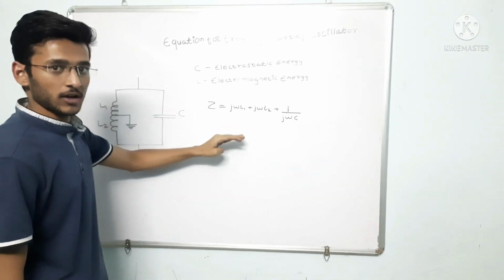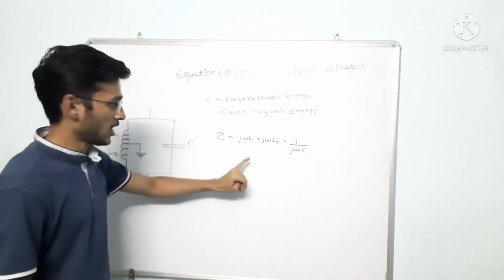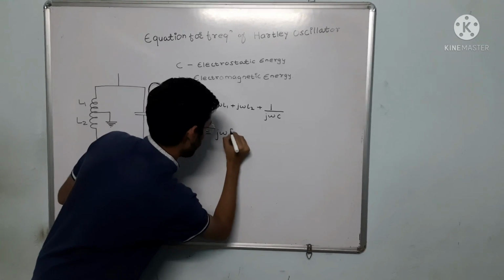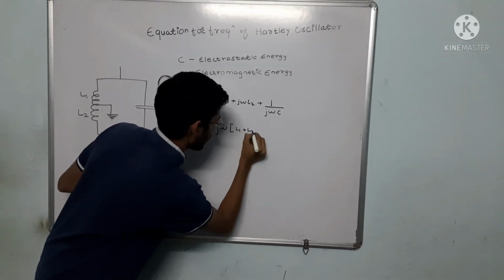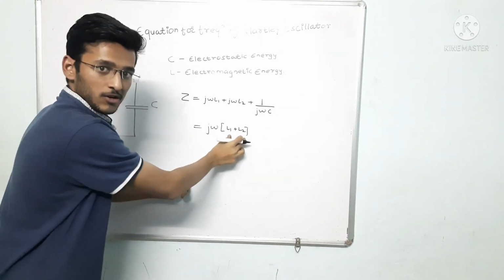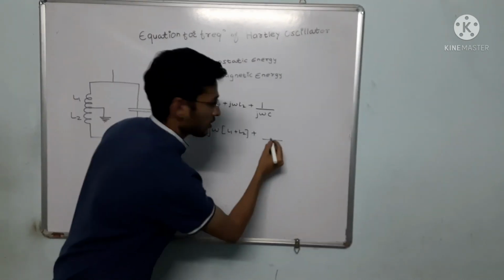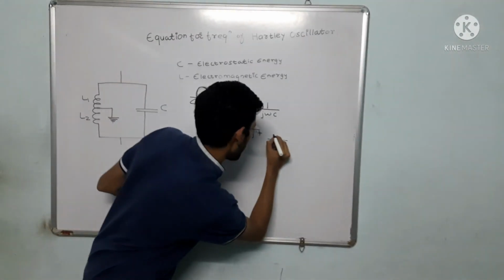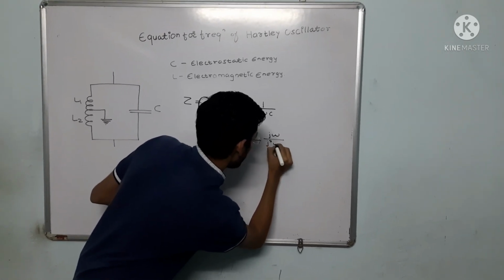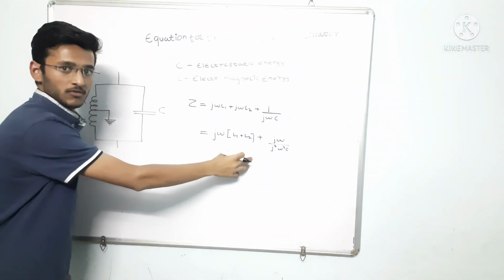Now we are going to derive the equation of frequency from this equation of total impedance. Let me keep the term of j omega and L1 plus L2. As j omega is common, I have taken it common and in the bracket L1 plus L2. Now as I want 1 upon omega C, I will multiply by j omega on the numerator and denominator side of this 1 upon j omega C. So the equation will look like this.